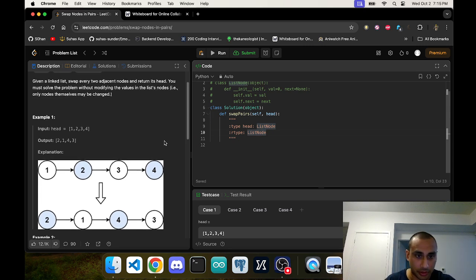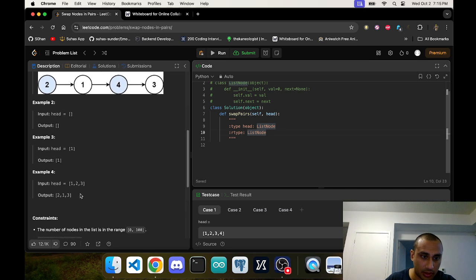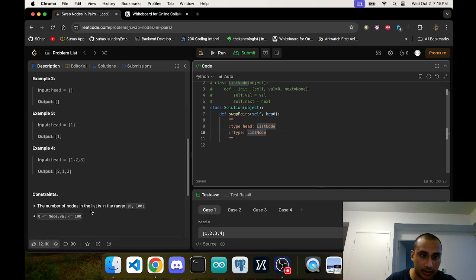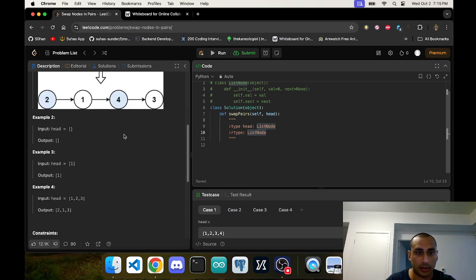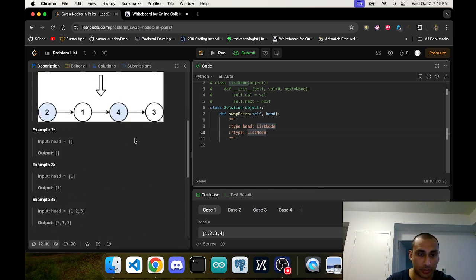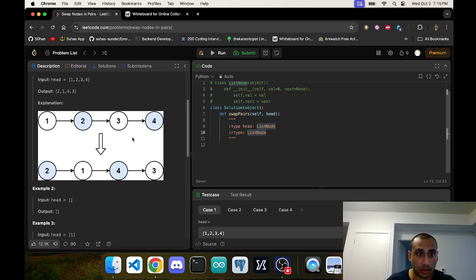Well, let's look at the constraints too. Let's see what the constraints are. So constraints could be 0 to 100. So if it's 0, nothing to swap. If it's 1, nothing to swap. If it's anything greater than 2,